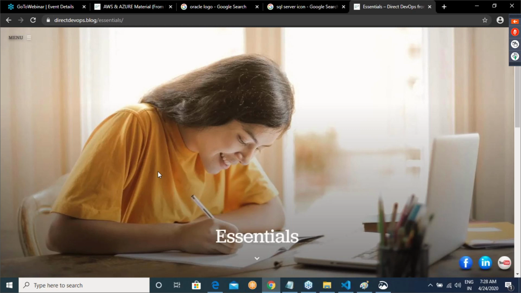Any other questions? Right. So at 7:40 we will have the Jenkins class and I expect everyone in this room to attend that class, even though you are learning only Azure, because Jenkins and Azure DevOps will be expected from you.